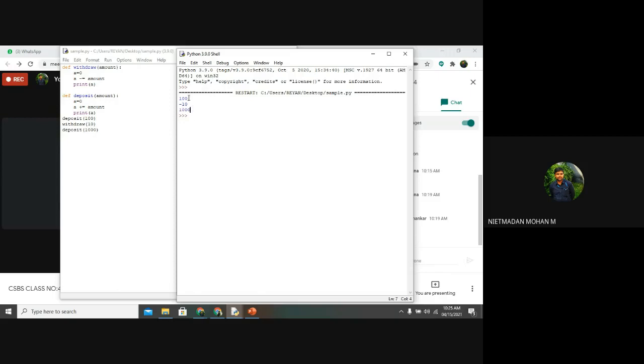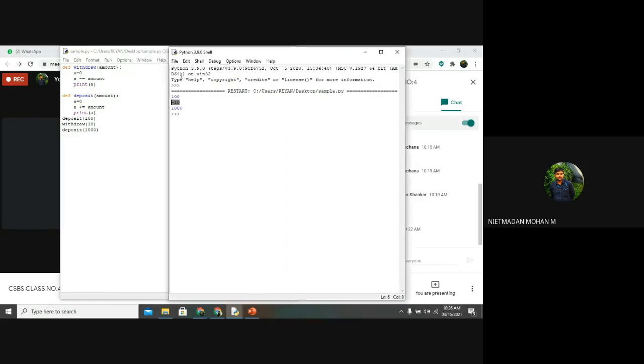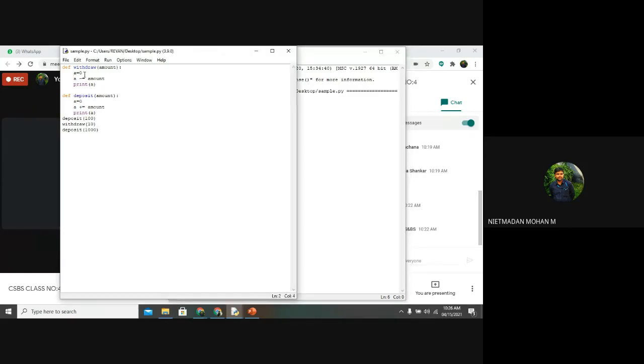In a bank, after depositing 100 rupees, when you get the minus 10 option, what will the amount be? If you are depositing 100 rupees and withdrawing 10 rupees, what will be the balance? 90, yes. So from this point of view, when you are displaying the withdraw option, after withdrawing, the output needs to be mentioned as 90.